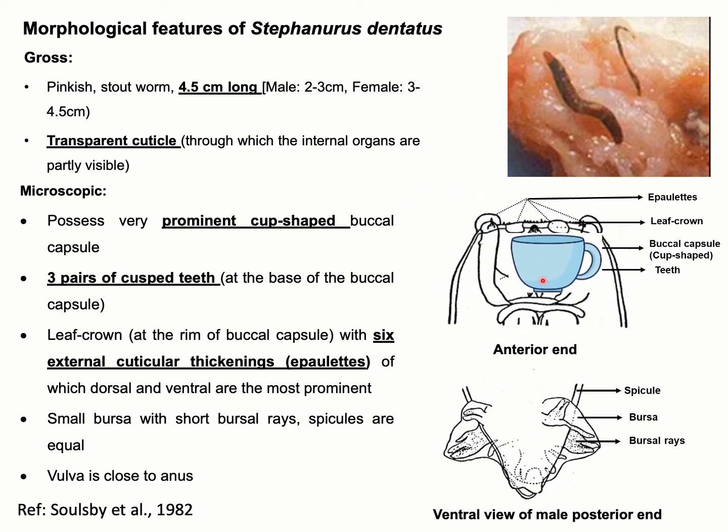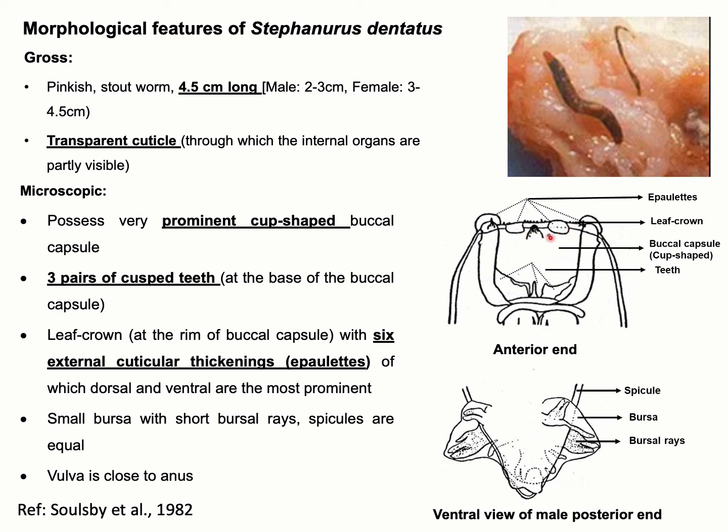There are three pairs of cuspid or angular teeth located at the ventral margin of the buccal capsule. There is presence of an external leaf crown, that is, it will be located at the rim of the buccal capsule. Along with the leaf crown, there is also presence of a sixth external cuticular modification or thickening, which is also known